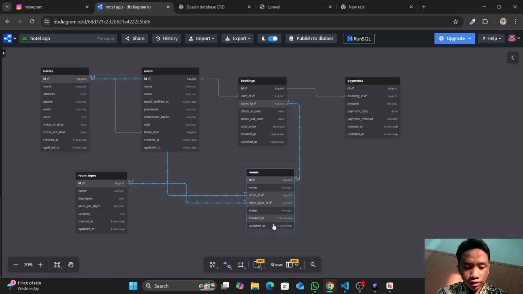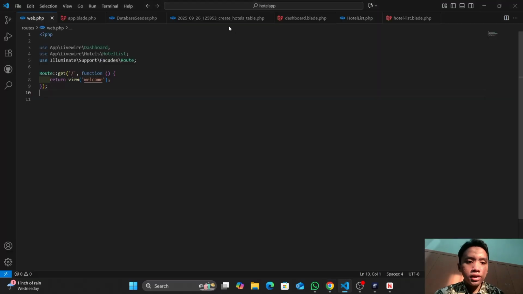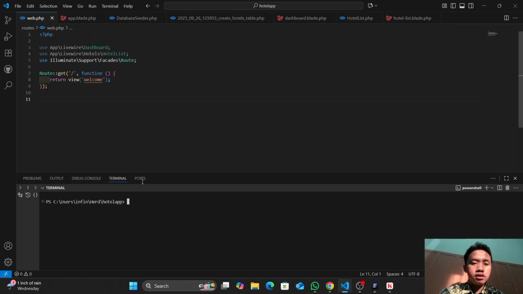For example, if room has a relationship with room types, you can find a foreign key from the ID in room types. You have to learn about this database logic next time.